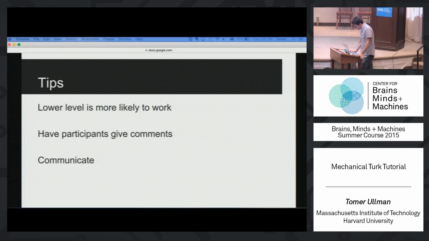It's very, very important to communicate. And what I mean by that is give them an email at the beginning to reach you in some way. Say like, in the consent statement, you're doing this experiment, you're doing it for X, here's a way to reach X if you want to, okay? You could set up a bogus email in the sense of like Tomer at Mechanical Turk. I personally give them my email at MIT. Yeah, I do.